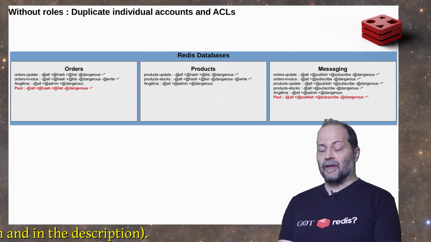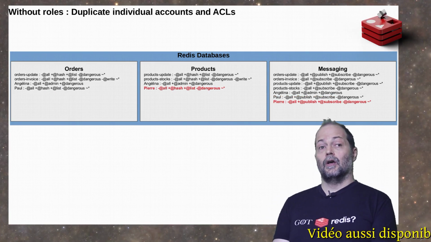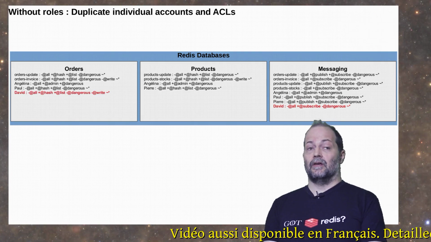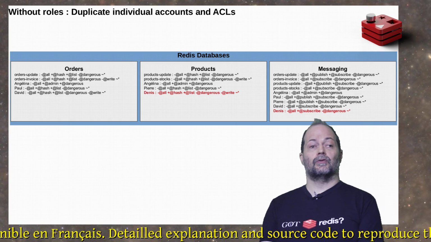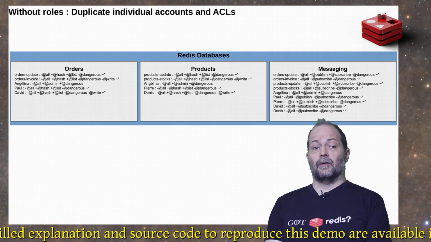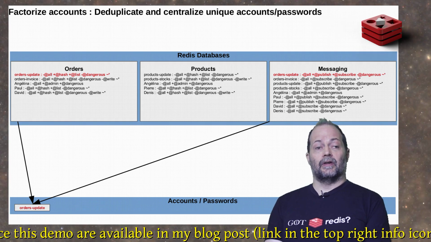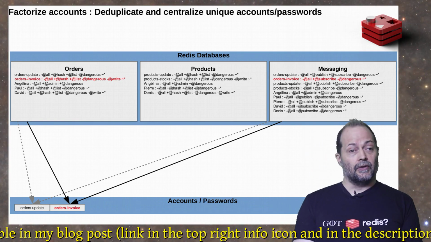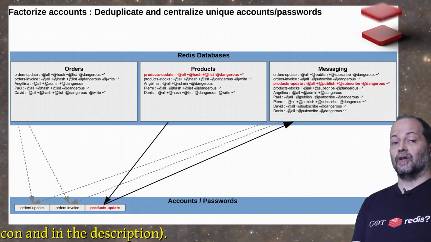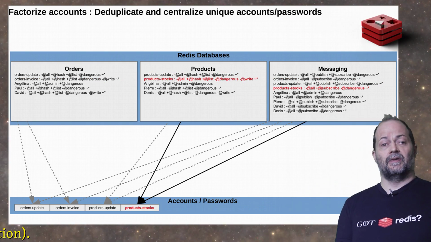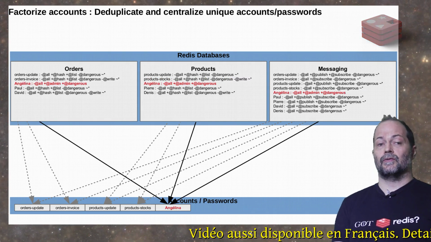Let's say that we have three databases. The first one is an order database to store orders, a product catalog with product availability, and a messaging database used as a PubSub message bus to communicate. And nine accounts for microservices and employees: Order update to update orders, order invoice to generate invoices, product update to update products, product stocks to check for product availability, Angelina, the administrator who should not access the data, Paul and Pierre, the project managers for the orders